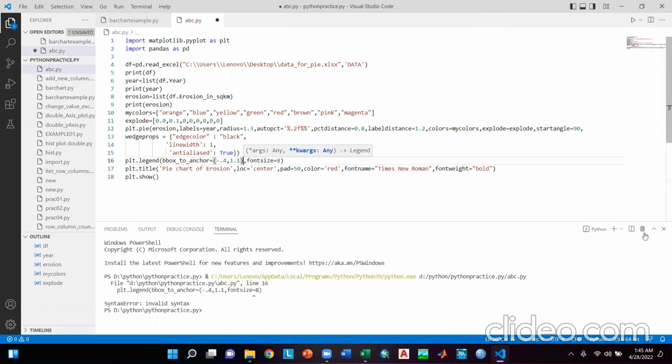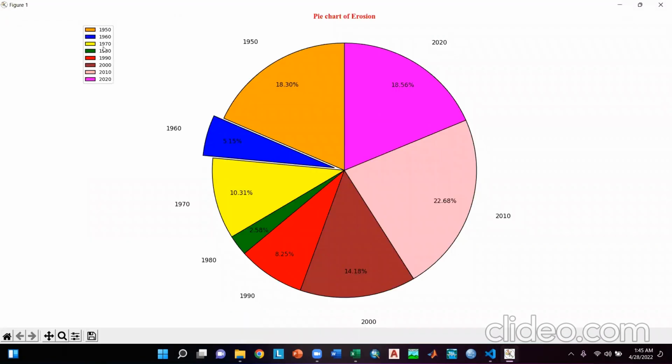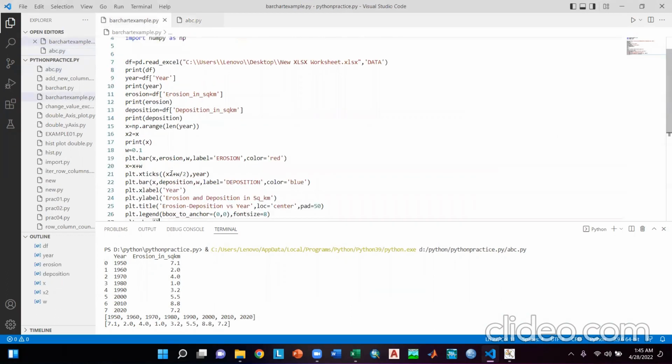Here you have to close the bracket. So again run the program. Here you can see it has moved further. So basically what it means, if we look at our previous example,